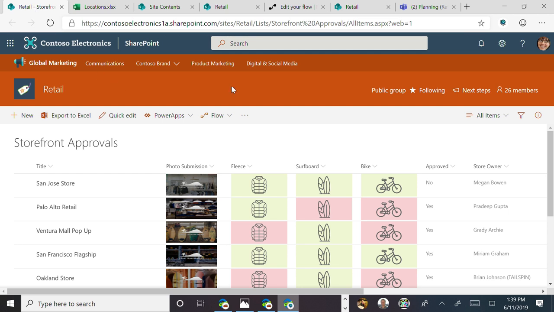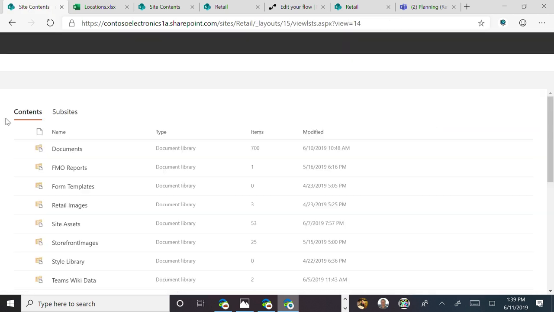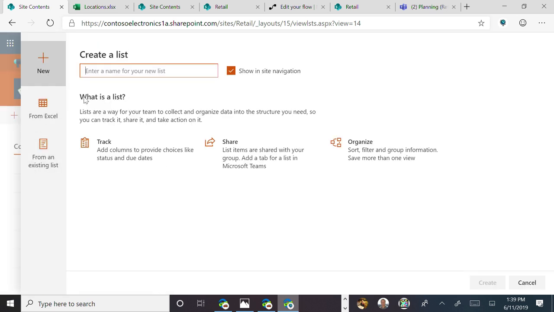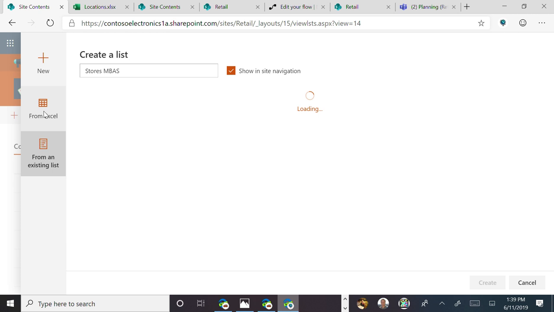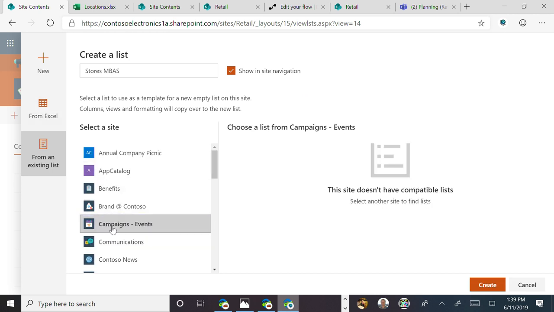If I'm here inside of SharePoint and I want to import a new list, I can do it right here. Say I want to create a new list, give it a name, Stores. Take it from another list, and it'll browse across what's filtered inside of the graph.